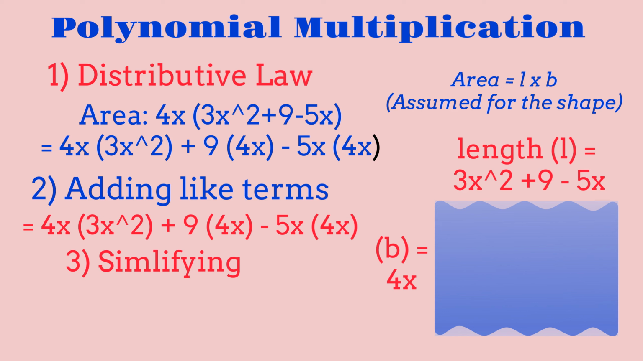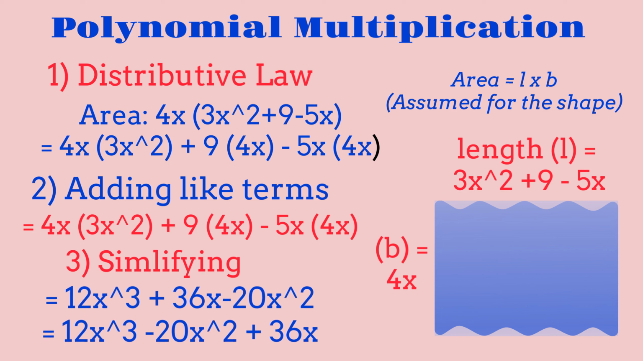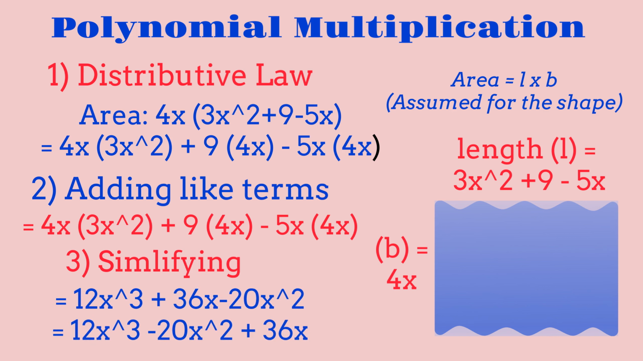But since we don't have any like terms, we're just going to skip this step, and we're going to move on to the simplifying one. So now for simplifying, we first have to multiply all the terms that we have with 4x. So 3x squared times 4x is equal to 12x to the power of 3, because we do 3 times 4, which is 12, and then we bring in both x's, and x squared times x to the power of 1 gives x to the power of 3,